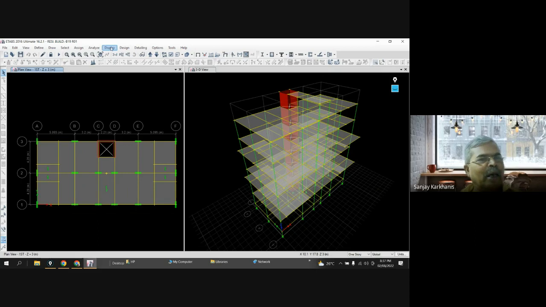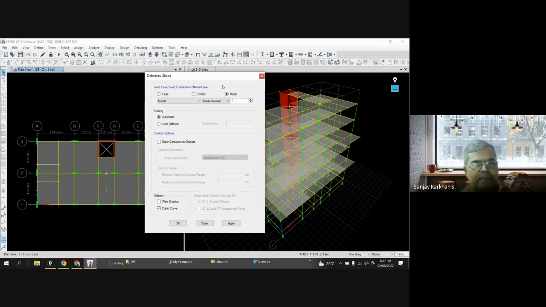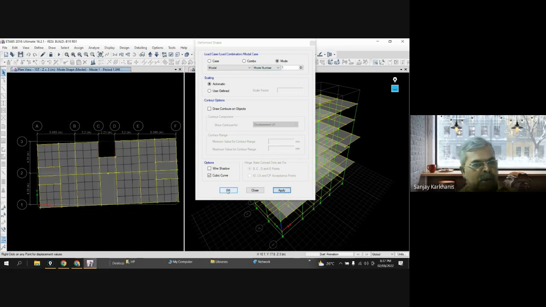Okay, let's go to display and see deform shape. See the mode shapes you will get under this deform shape. Click on it, and here you can see that mode is highlighted and mode number 1 is highlighted, and apply. And okay,